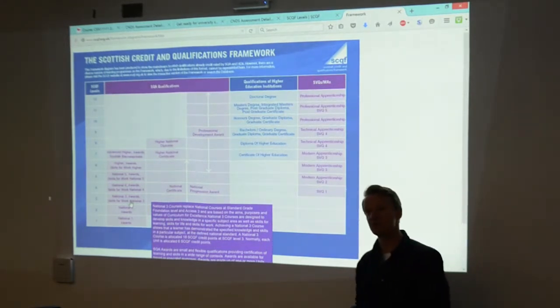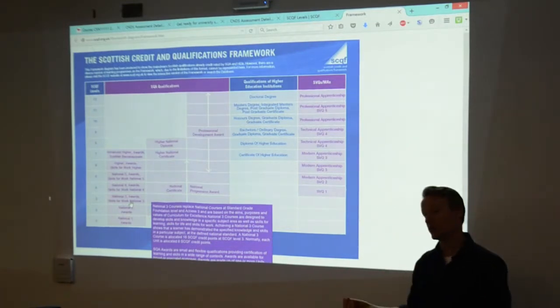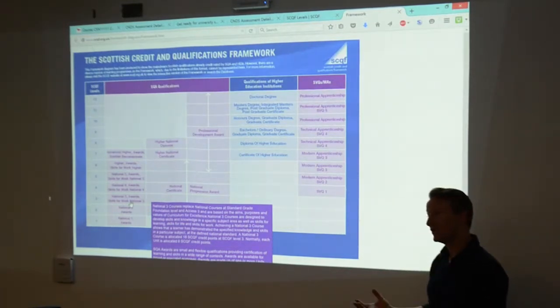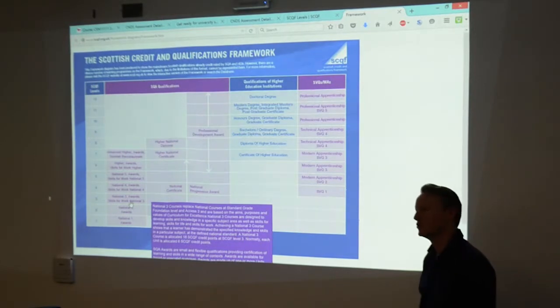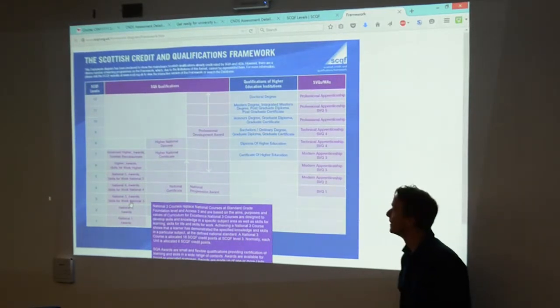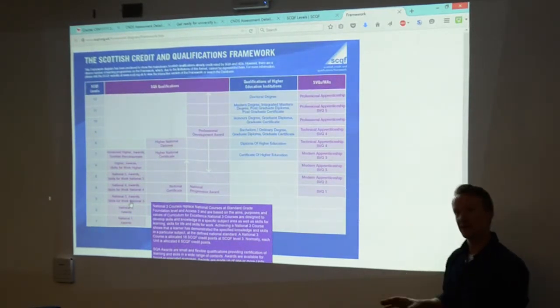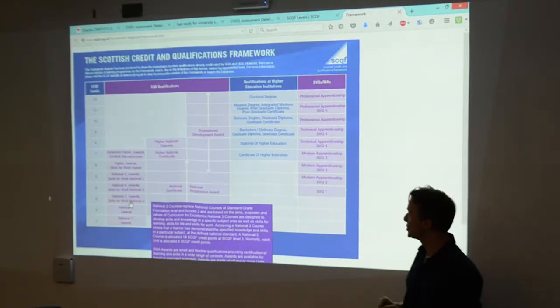If you went up to PhD level, to doctorate level, you'd be expecting to find gaps in research, you'd be expecting to produce novel work, whereas at level 11, there can be some novelty in your dissertation, in your project. There can be some new work, but it's not expected. You're not expected to do an awful lot of new work. And at level 10, it's a little bit less. Okay, and there's subtle differences.